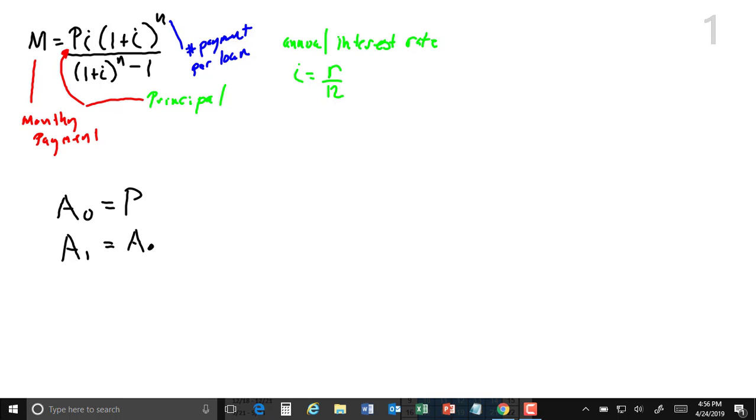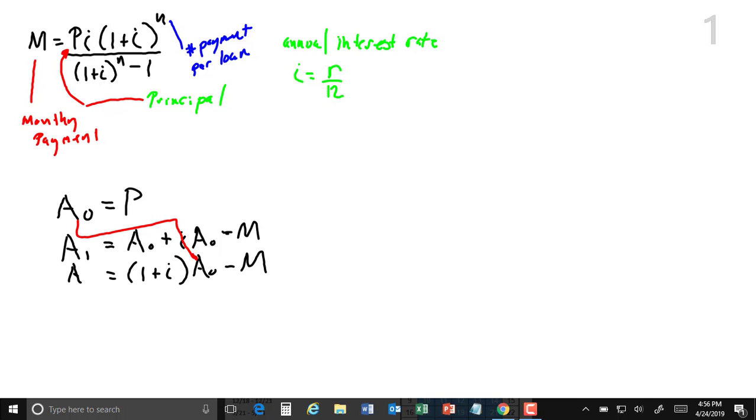that's going to be equal to A sub naught, whatever you owed there, right? Plus I times A sub naught minus a monthly payment. And this thing can be written as 1 plus I. You see, I'm factoring out an A sub naught, minus that payment. So now you have this guy here that we've said A sub naught is equal to P, right? So now I'm going to swap out this guy, and instead I'm going to put,